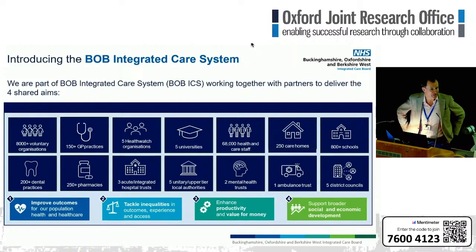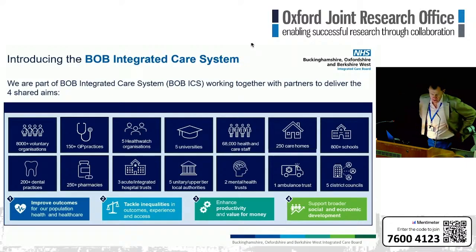We're not the most natural of systems, and obviously people do question why on earth we don't have all of Berkshire in the system. But there are changes afoot, and my colleague Hannah might cover some of those. But it's a system that we currently work within, and the Integrated Care Board is a key part of the Integrated Care system. The board came into being as a statutory entity back in July 22. We're one of 42 integrated care boards across England, so essentially the NHS in England has been divided up into